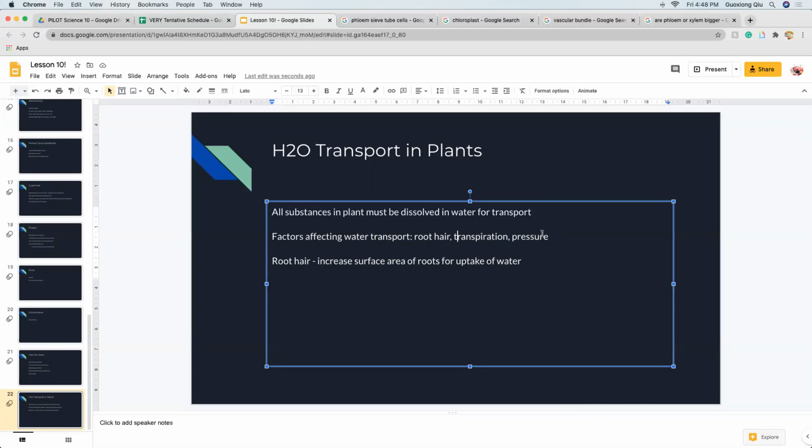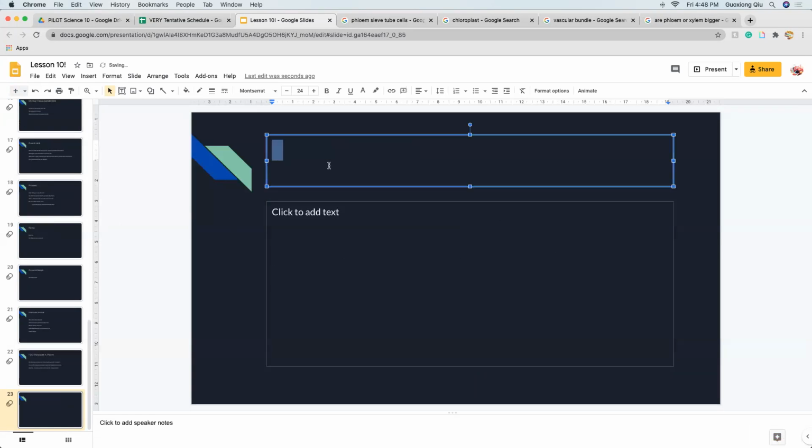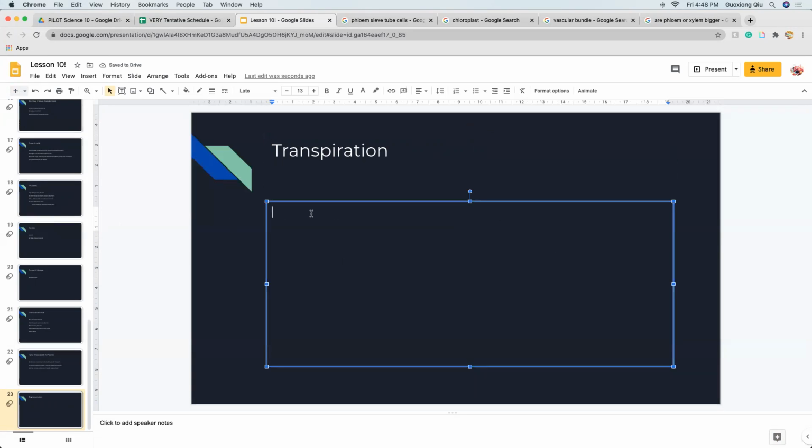Root hair, transpiration, water. Okay. And then we talk more about transpiration. Transpiration. The definition for transpiration in plants: evaporation of water through stomata, guard cells, and lenticels,